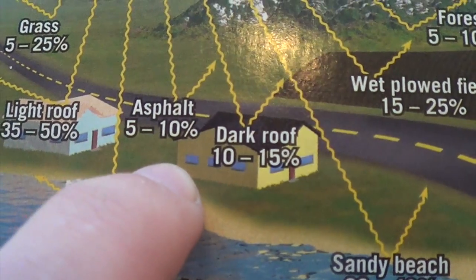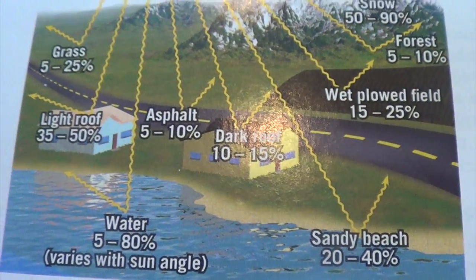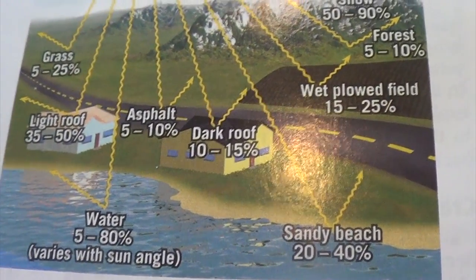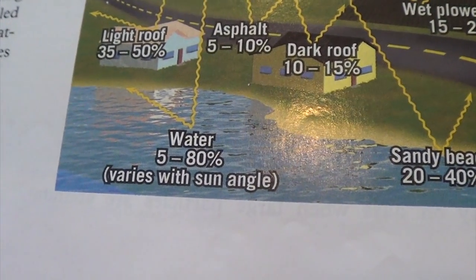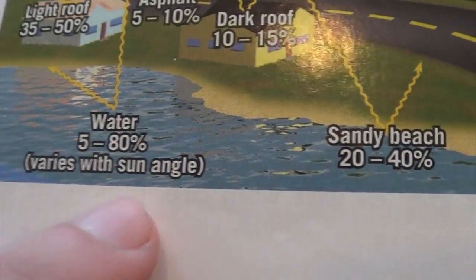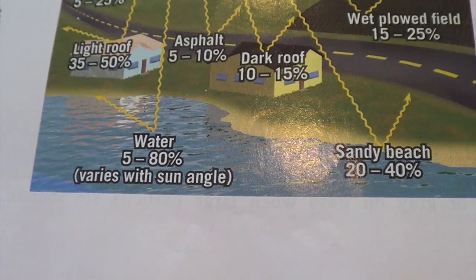You asphalt the ground, the pavement, it's dark, so it absorbs 90% and it only reflects 5 to 10% back. Dark roofs reflect 10 to 15%, so they absorb about 80% of the heat. Water has a high specific heat, so it takes longer to heat up the water, so it only heats up 5% to 80%. Sometimes it varies with sun angle, but usually a low percent of heat is absorbed in the